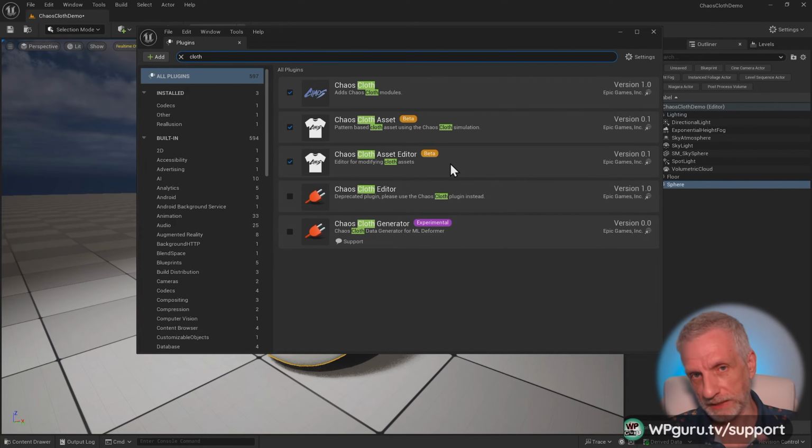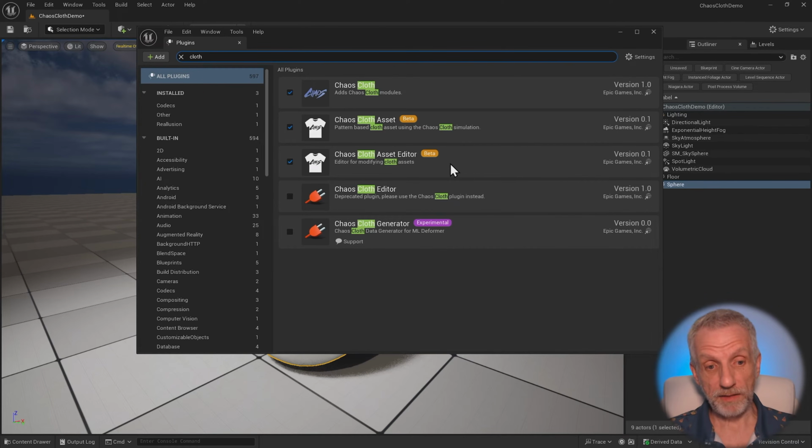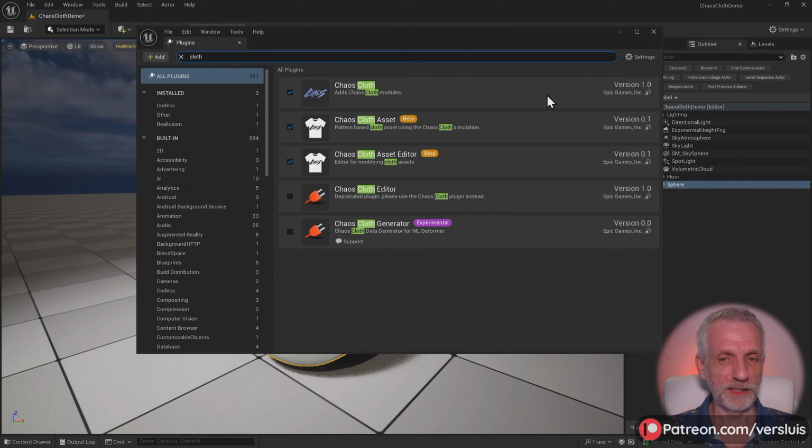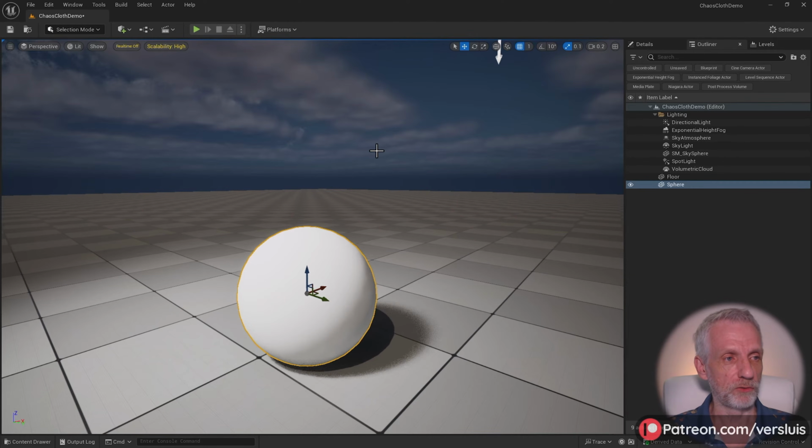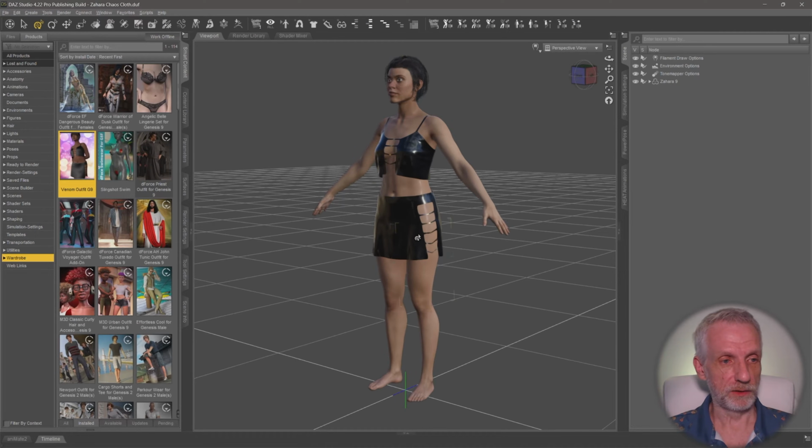User experience might not be fantastic. It's better than experimental, which means it's completely unstable. But these two are currently, as of 5.4 in June 2024, pretty unstable. So get used to the engine maybe crashing and stuff. So these need to be enabled. I've also enabled the DAZ to Unreal bridge from David's GitHub repository, and I'll go straight into DAZ Studio, and